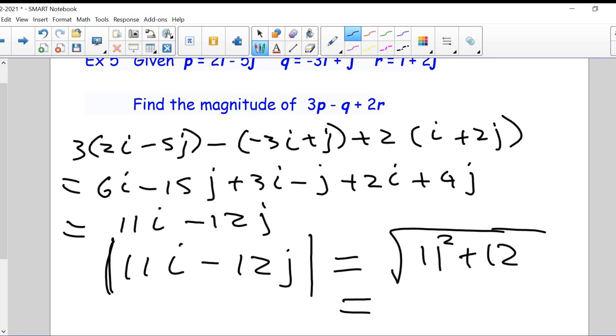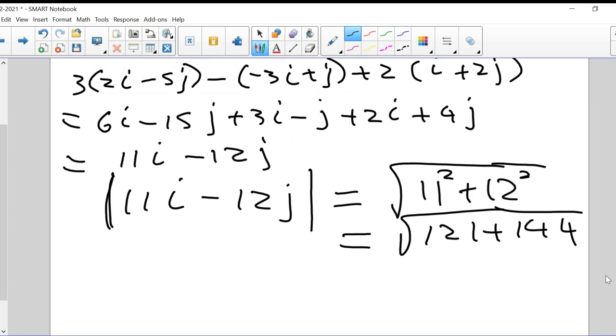You just simply take the two components, you square them, you add them together, you get your answer. So let me just see if I can do this mentally. That's 121 plus 144. Look at me, mom. No calculator. Is equal to the square root of